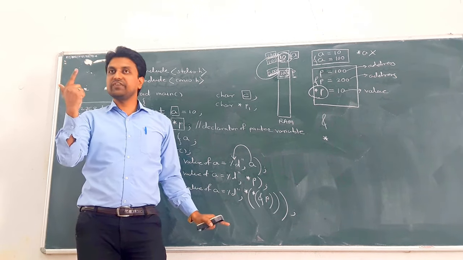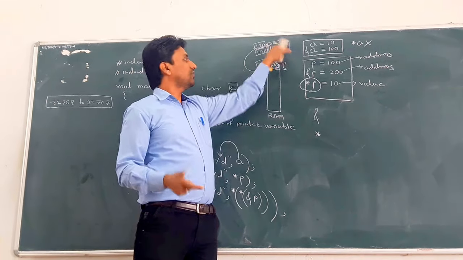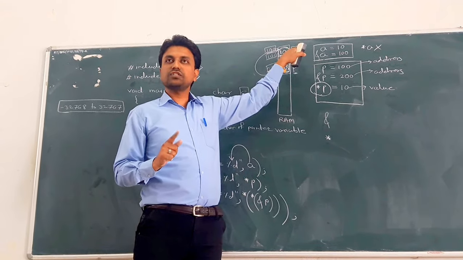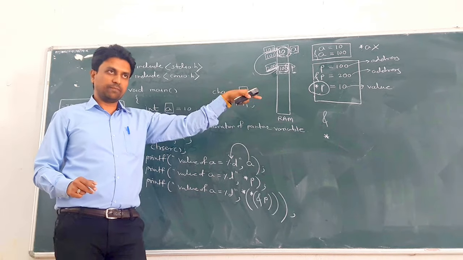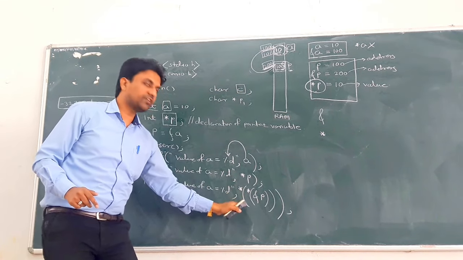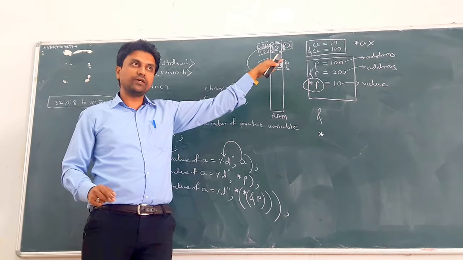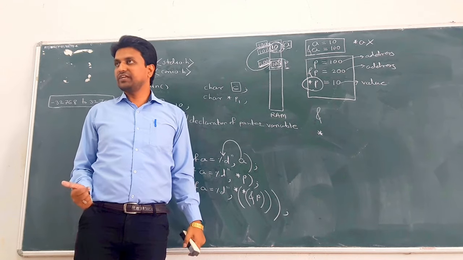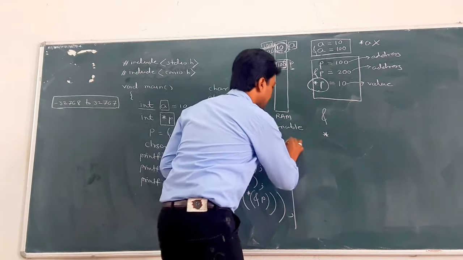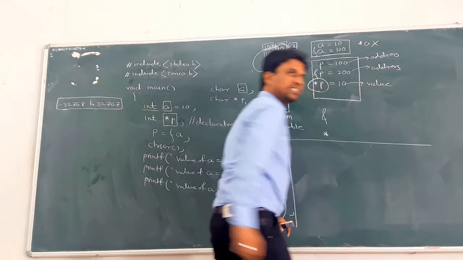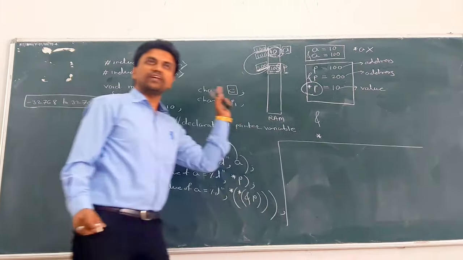Not only one single way. If there are no pointers, then only one way is there. How? Just give the name of a, and it gives you the direct value inside a. But using pointers we can access the value of a variable in different ways. Understood the meaning? Next, is there any other way to access the value of a variable? Yes, there is. Another way also exists.